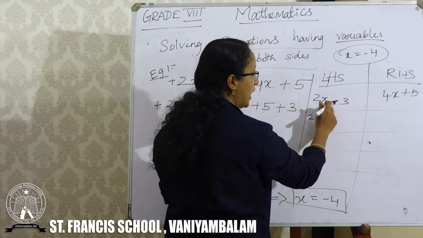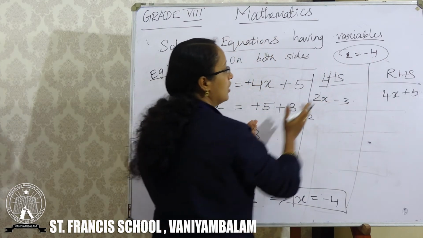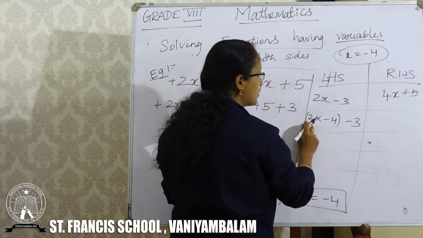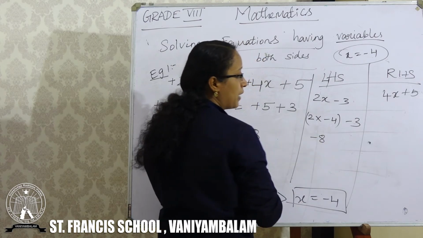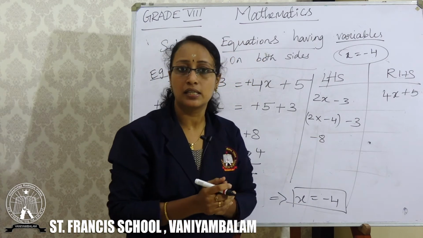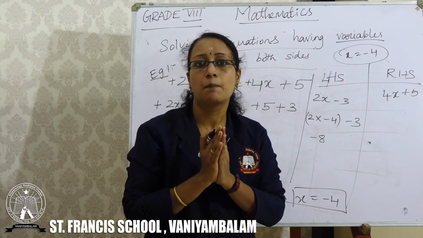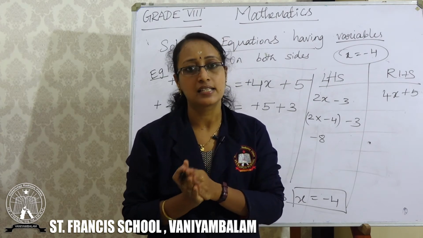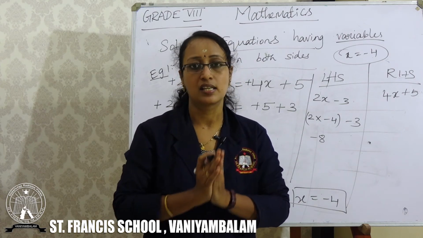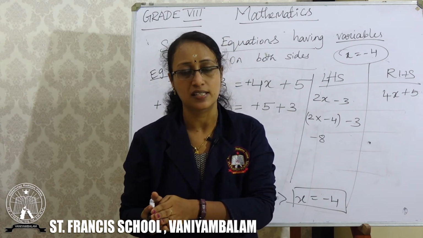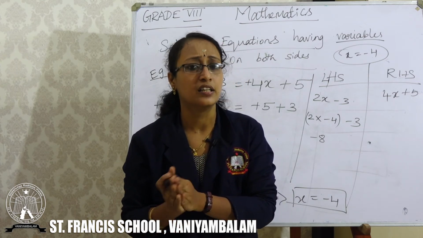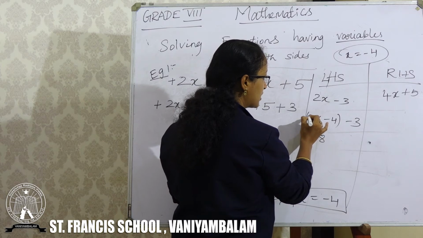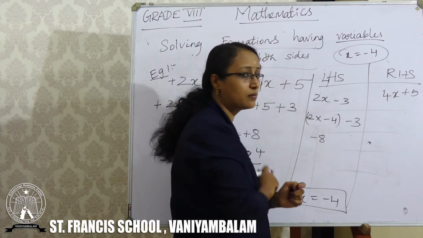So substitute, 2 and x are in multiplication. So you can substitute the value of x. So 2 into minus 4 is minus 8. Yes, do you remember symbol multiplication? Plus into plus is plus, minus into minus plus, plus into minus minus, and minus into plus is minus. If you multiply same symbol, you will get the positive sign. If you multiply the different symbol, you will get the negative sign. So I am multiplying here different symbol, right? Here plus 2 and minus 4. You will get minus 8.